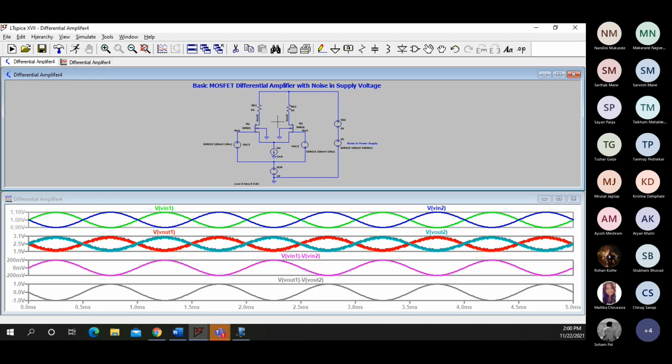So if you look at the output individually, V out 1, if you operate in single-ended operation, there can be a lot of noise. But if you take the difference, then the noise is going to be very less. So you can take examples of your mobile phones, your digital watches, and any mobile device that you use. There the supply is coming from the battery, and many times there can be a noise on the battery lines, and to tackle that we can go for differential amplifiers.